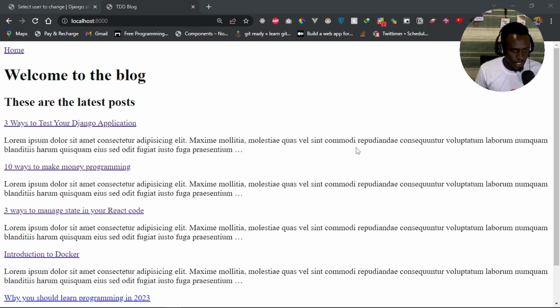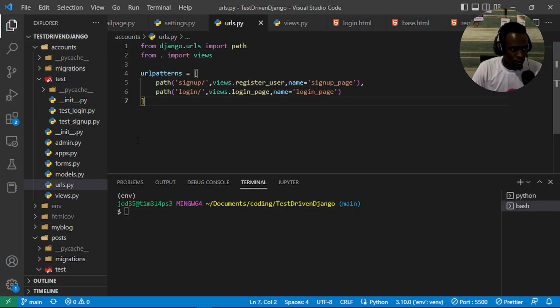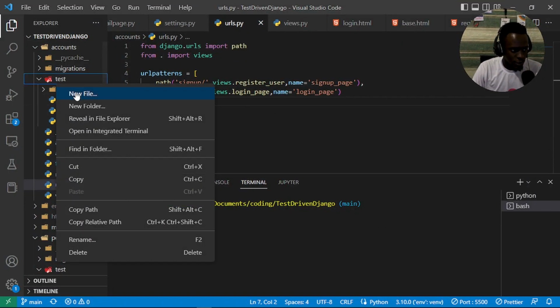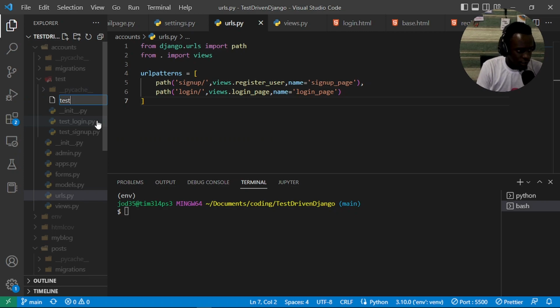So whenever I log in a user, we actually create a session for the user. And what we store is the session ID or the user ID of that specific user who is logged in. So we're going to be making use of that. So let's go ahead and try to create a test module for our logout functionality. And I'm going to create a test